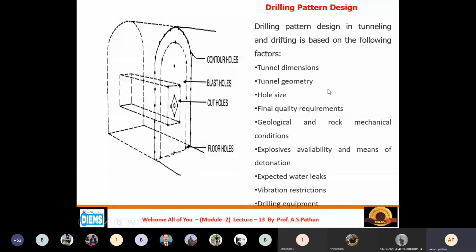Then tunnel geometry, hole size, final quality requirements, geology and rock mechanical conditions, explosive availability and means of detonation, expected water leak, vibration restriction, and drilling equipment. These are the important factors we should keep in mind in the drilling pattern and design of the tunnel.